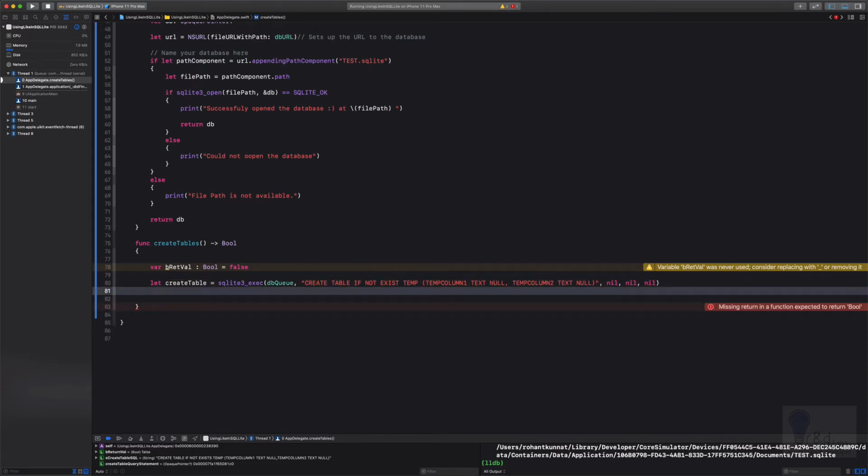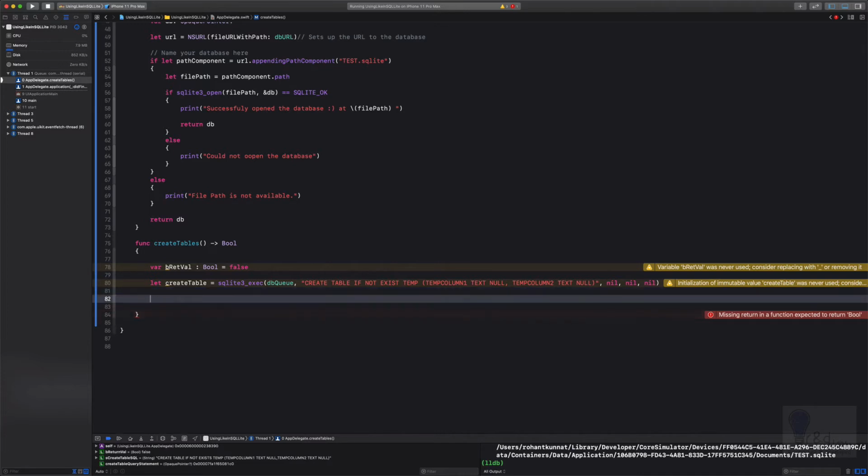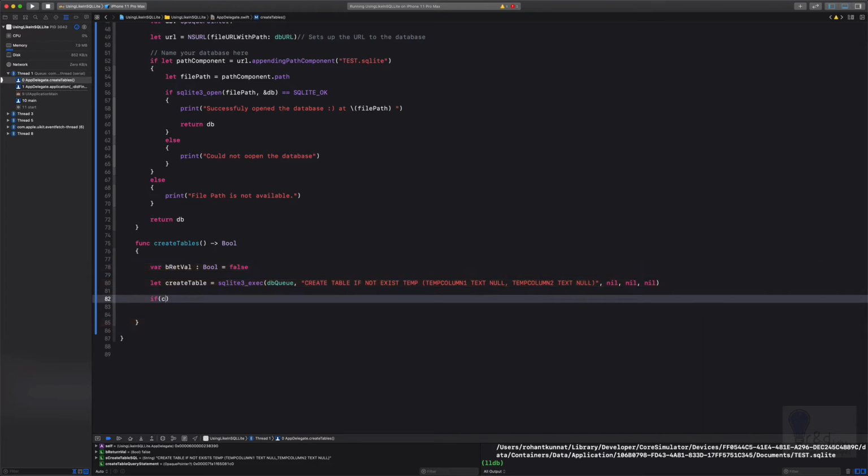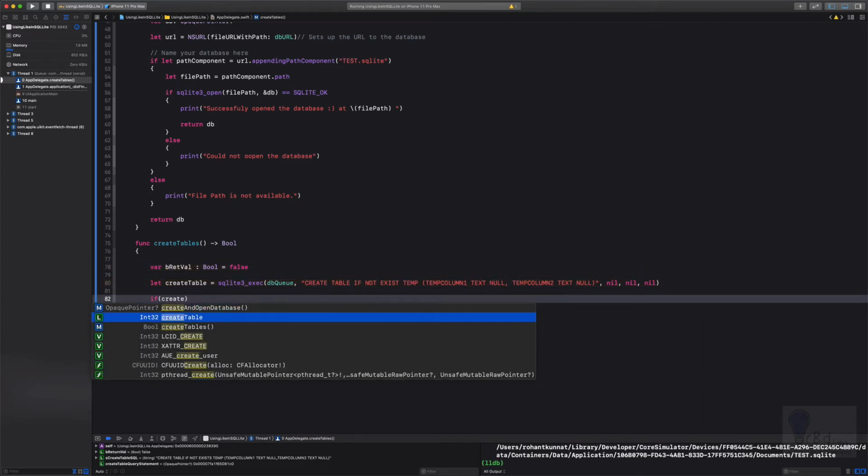I actually prefer the sqlite3_exec method, so that I can club most of the SQL queries within it. So this is a good option to do. And let's say if createTable